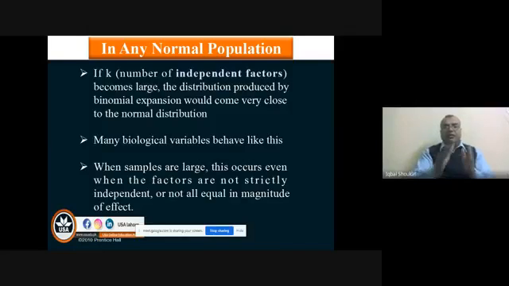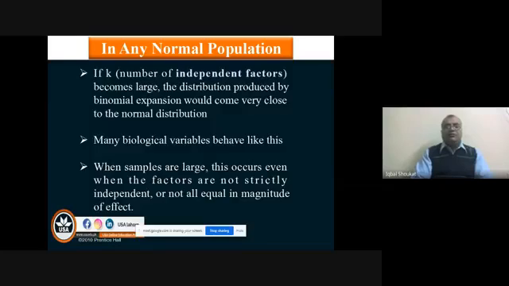In any normal population, if k, the number of independent factors, becomes large, the distribution produced by binomial expansion would come very close to the normal distribution. Many biological variables behave the same way. If the sample or the independent factors increase, they become closer to the normal distribution. When samples are large, this occurs even when the factors are not strictly independent or not at all equal in